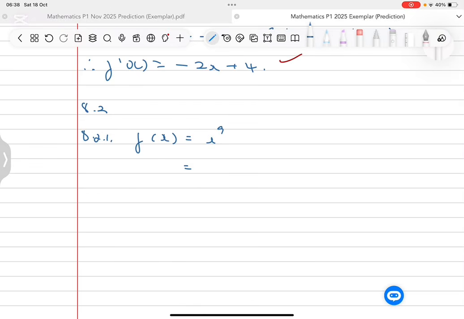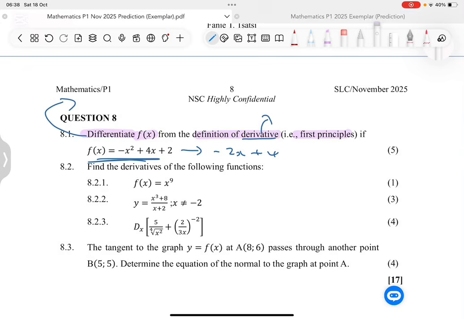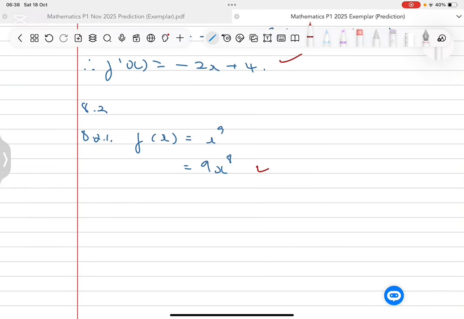It's going to multiply the 1 there, so that we have 9x. And then we're going to subtract the 1 from the power. This means I'm going to have 8 at the top there. And that's the derivative. That's why this question is only 1 mark, because there isn't really much that we're doing there. The second equation,